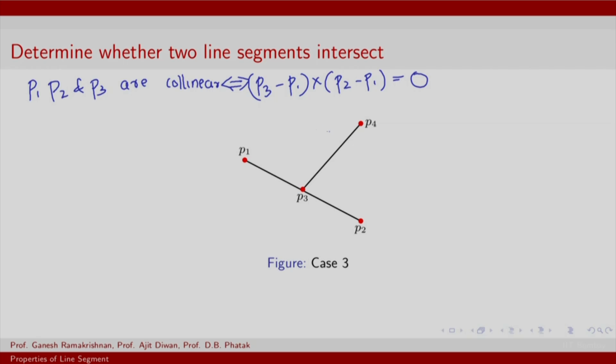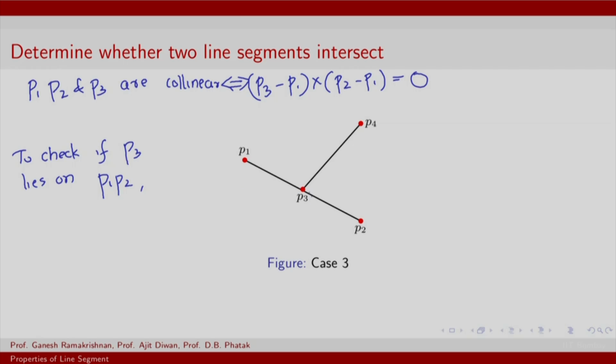So the question is that if indeed P1 and P2 lie on opposite sides of the line P3 P4, but if between the cross products associated with P3 or P4 one of them turns out to be 0, then it is possible that the point with the 0 cross product lies exactly on the line segment joining P1 and P2. To check if P3 lies on the line segment P1 P2,